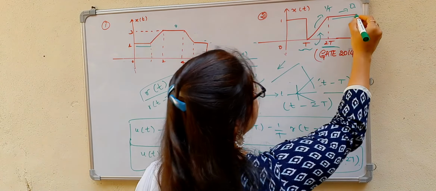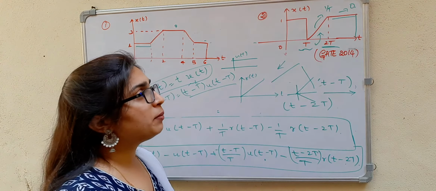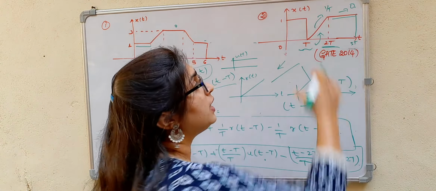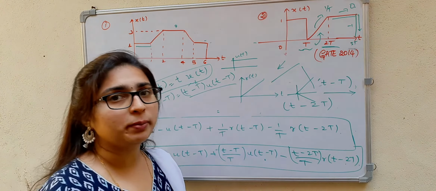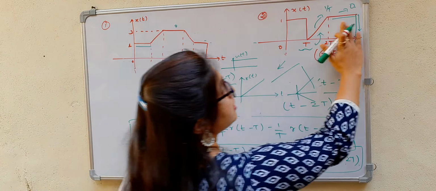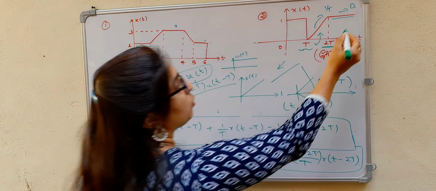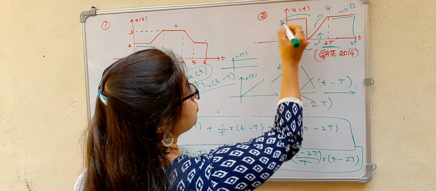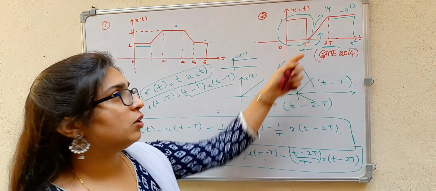Again, if you had something like this, then obviously you have to write u of t minus, if it is at 3t, u of t minus 3t, then there is a step change, that is minus 1. So minus of u of t minus 3t. Then it would become this signal, but here this is continuous. Just see where you are going to have the step difference, the ramp difference. So this is purely in terms of step function, because this is a rectangular pulse.